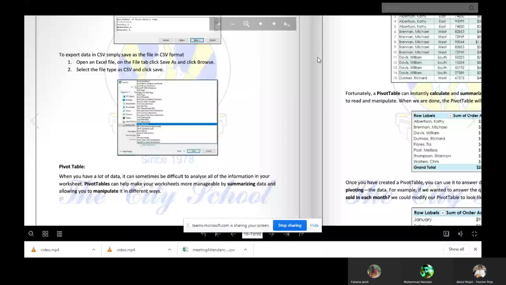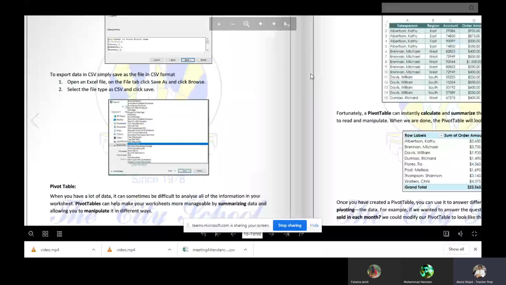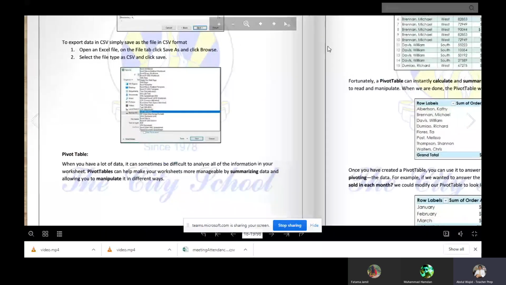For example, if you work on a pivot table, you have thousands of data. Now you want to specify that and analyze some portion of that data. You can manage easily.